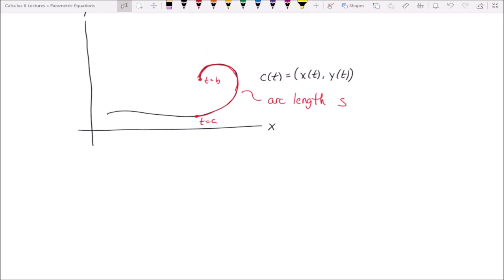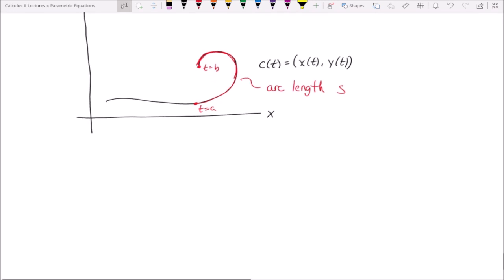Well, what we're going to do is construct a polygonal approximation